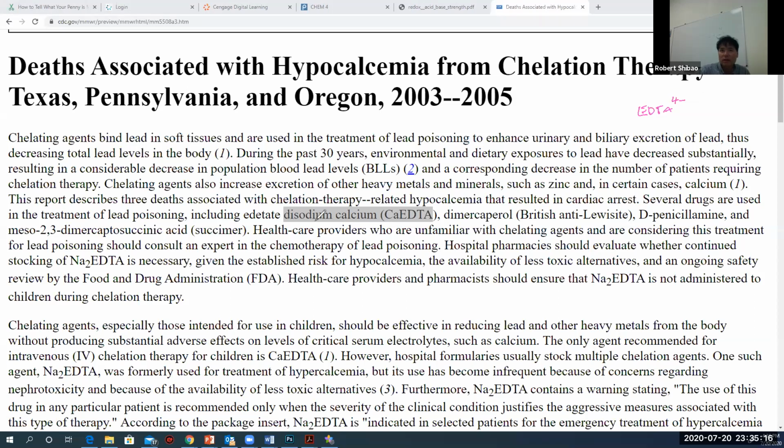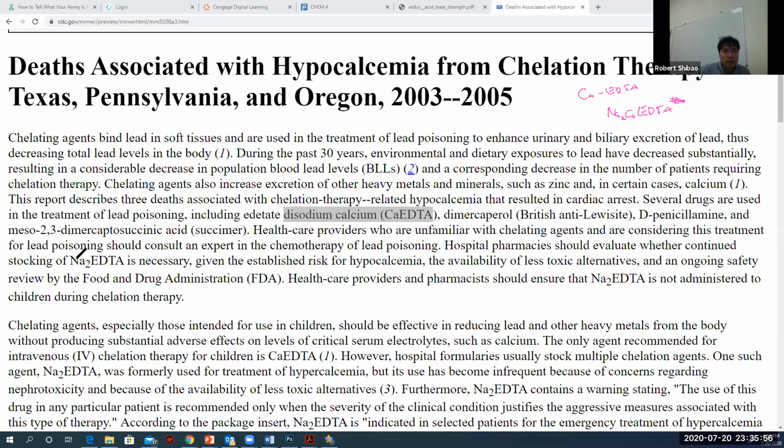And that means we can have a lot of different combinations. And so in this case, we have to use a hybrid naming system. Here, this is saying that there are 2 sodiums and 1 calcium. And so that'll give us +4. Calcium is 2+, each sodium is +1. And so that'll neutralize the 4-. So we'll have disodium calcium EDTA. The other one is this, which is just called calcium EDTA. And so, you know, we drop the 2 sodiums. And so this is called calcium EDTA here, the disodium calcium EDTA.